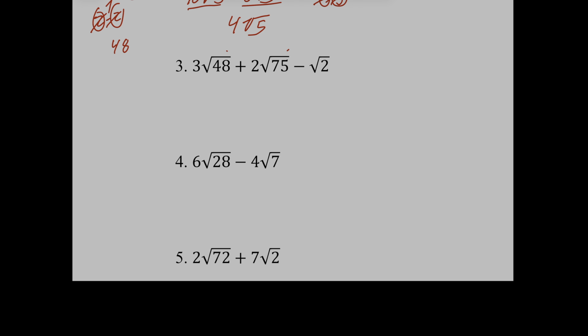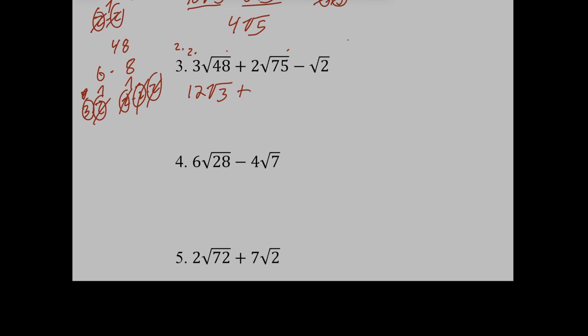So let's do it. 48 is going to be 6 times 8. I can break him down to 3 times 2, and I can break him down to what? 2, 2, 2. All right, so now here, boom, boom, there's a pair of 2's, and boom, boom, there's another pair of 2's. And I have a 3 left over, so this will be my leftover. So now 2 times 2 is 4, times 3 is 12, so I'm going to have 12 root 3 plus,